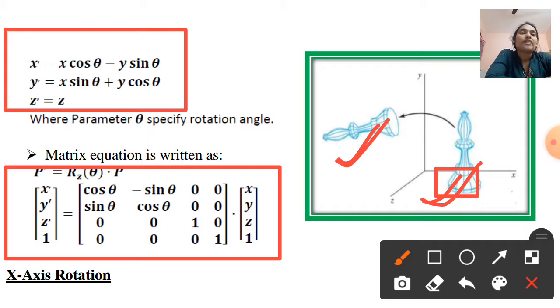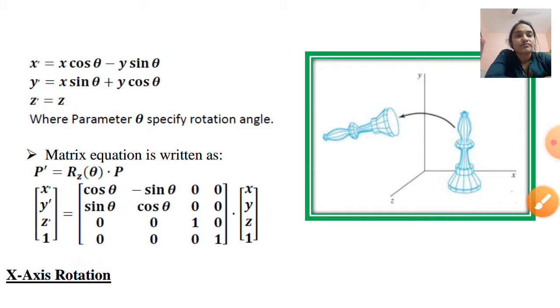Okay. And the x axis will be changed. Here the position z will remain unchanged, only positive, but x axis will be positive and y axis will be negative. But in the destination place, z axis will remain the same, positive, but x axis will be negative, y axis will be negative. Okay, sorry, y axis will be positive. So in this way we can rotate this object in the z direction.